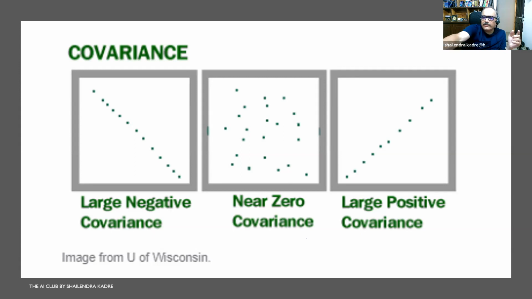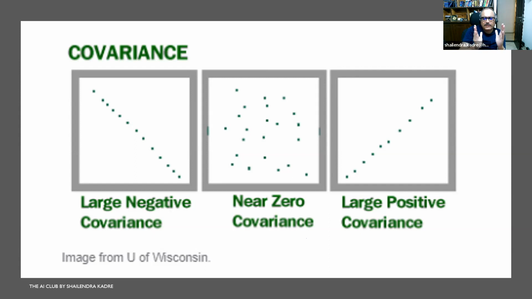So perfectly increasing means if your straight line is perfectly increasing, it's a very large positive covariance. If your straight line is perfectly decreasing, then it's a strong negative covariance. And if there is a random distribution, there is zero covariance. Now,